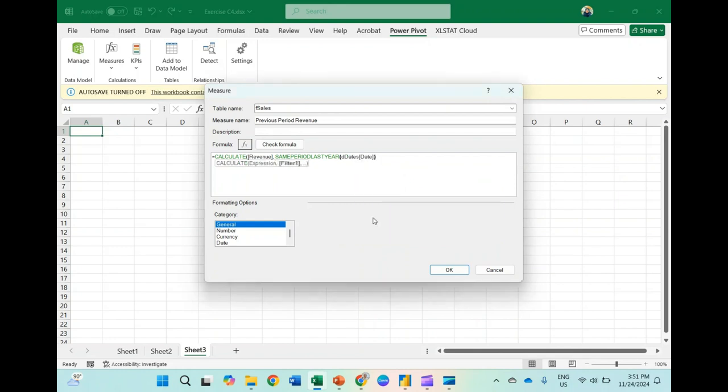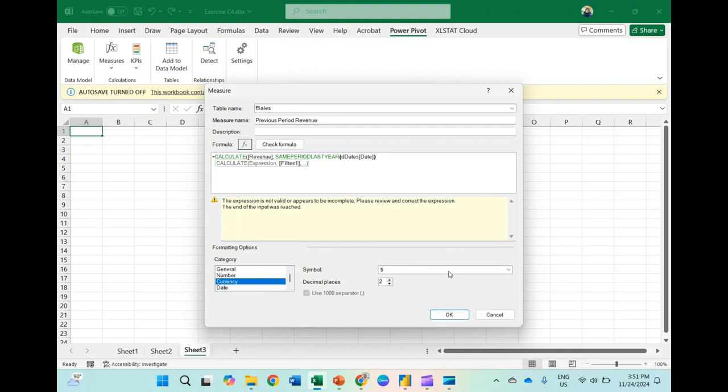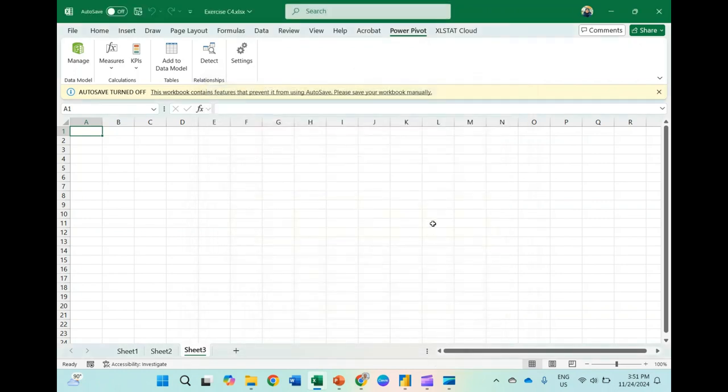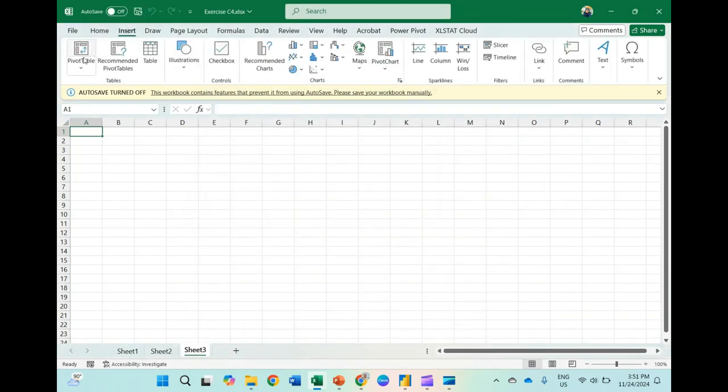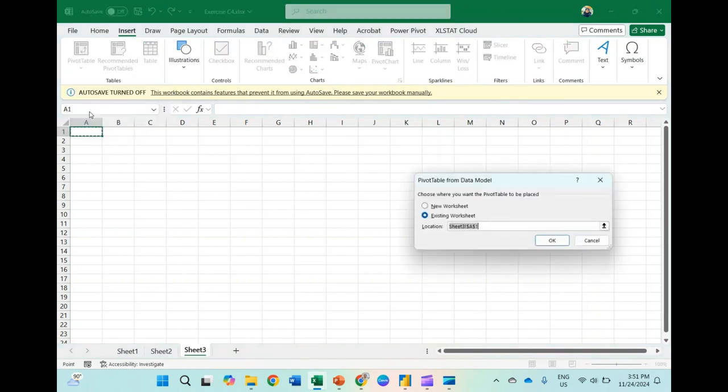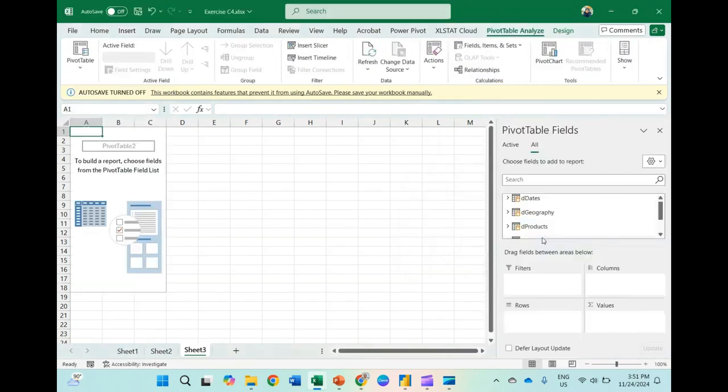Close, and change it to currency. CALCULATE revenue, another closing. Need to close. Insert pivot from data model. And you can see in FSales, now we have Previous Period Revenue.